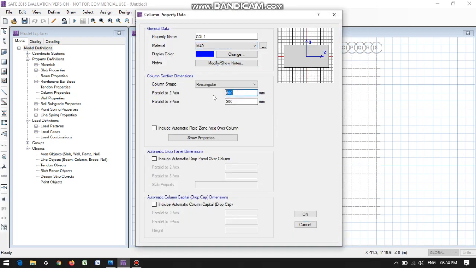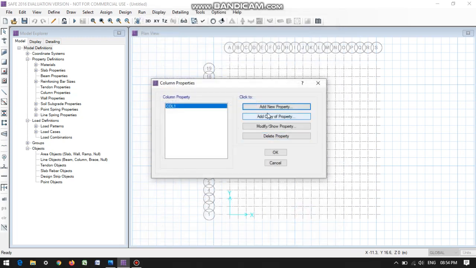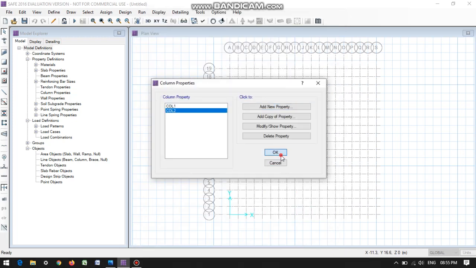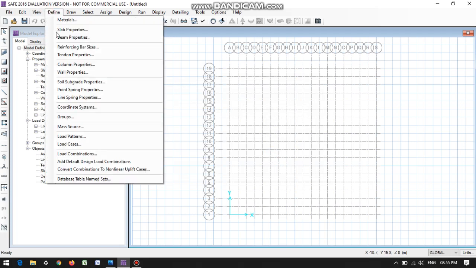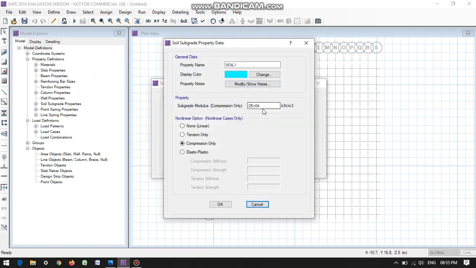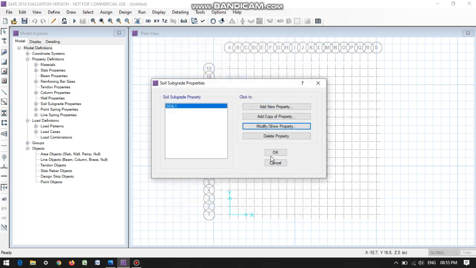The first column is 500 mm into 500 mm of M40 grade, and column 2 is a 600 mm into 600 mm rectangular column of M40 grade. Then after column properties, soil subgrade properties of soil 1, let's modify it. We got 3 into 10 power 4 kilonewton per meter cube, so let's make it 3. Okay.